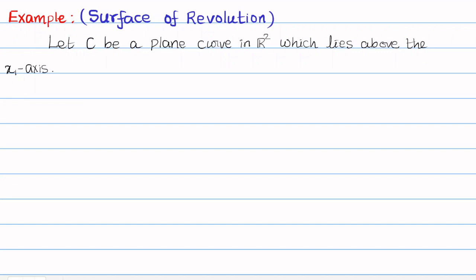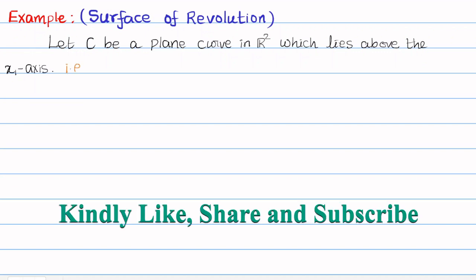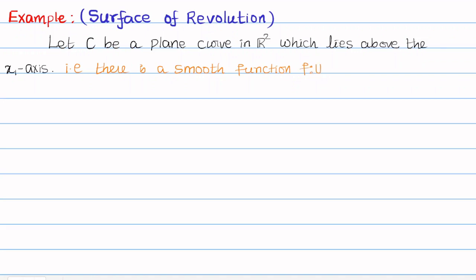இப்போ plane curve அப்படின்னு கொடுத்துட்டேன் அப்படின்னா என்ன அர்த்தம் அப்படின்னா, that is, there is a smooth function, I call this f, a function from U to R, where my capital U, a subset of R2, is open, okay, and there is a constant small c belonging to R, okay, such that